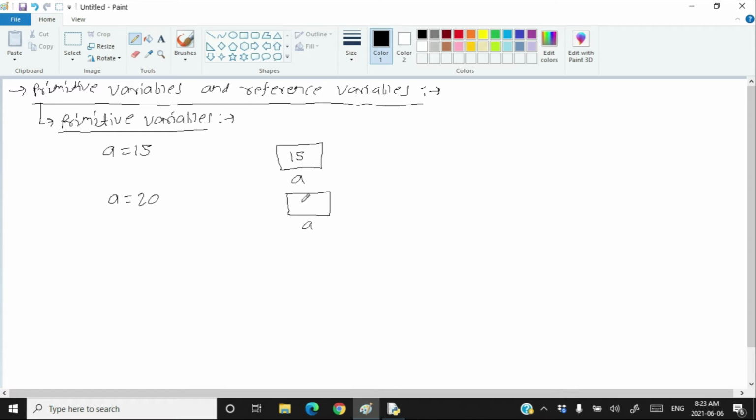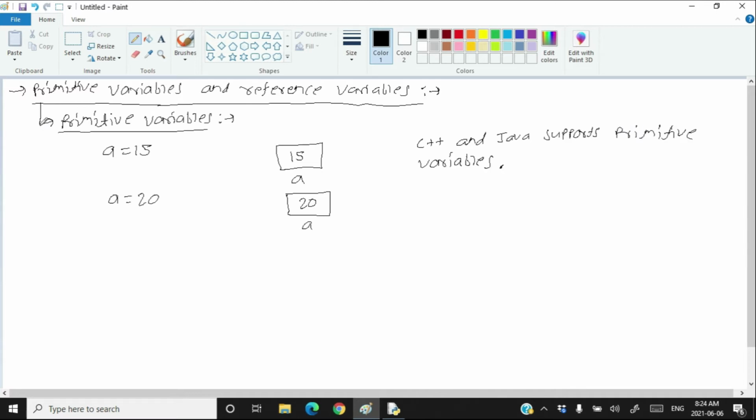The new content of the variable will be 20. Getting it? So in primitive variables, the value gets stored inside the memory allocated for that variable. C++ and Java support primitive variables, but Python does not.